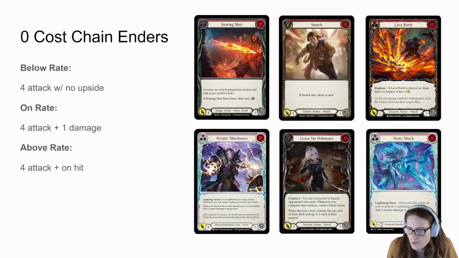So I think for a below-rate zero-cost Chain Ender, what you're really looking at is a 0 for 4 with no upside. So Wounding Blow, for instance, doesn't really see a lot of competitive play, even though it's a very good static card. In general, there are just better cards that do the same thing that Wounding Blow does. Like, at generic, Snatch does the same thing that Wounding Blow does, but it's generic instead, and it also draws you a card. So, obviously, a below rate kind of Chain Ender is mostly like a 4 attack with no